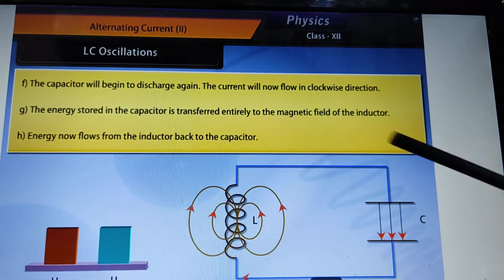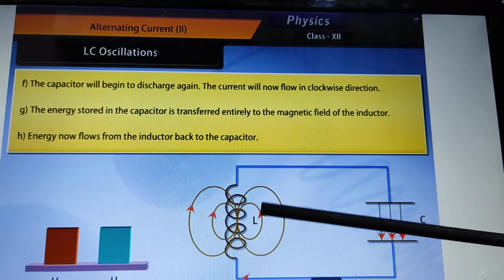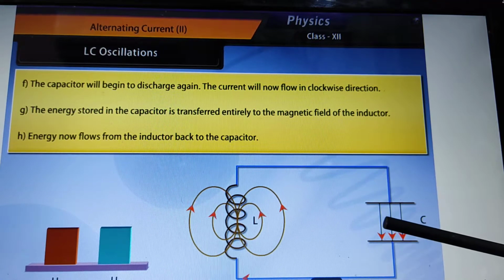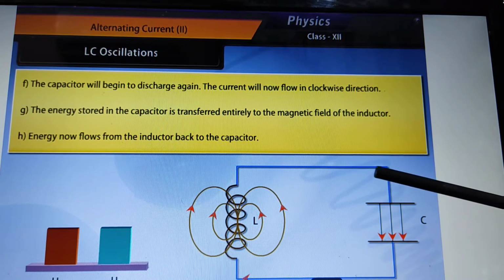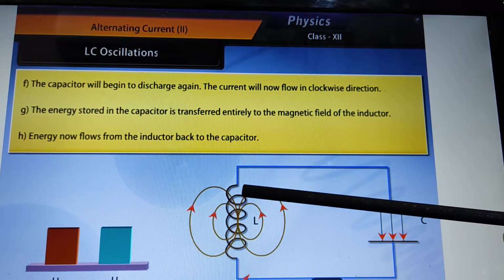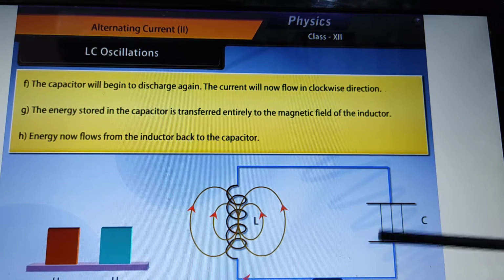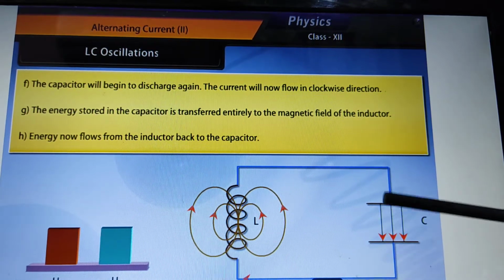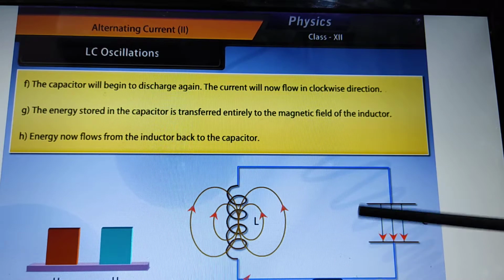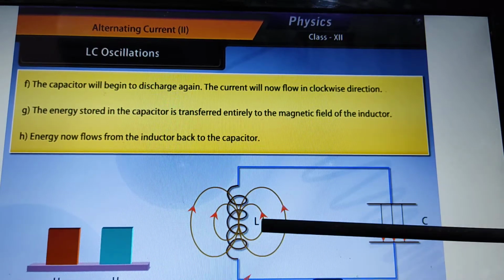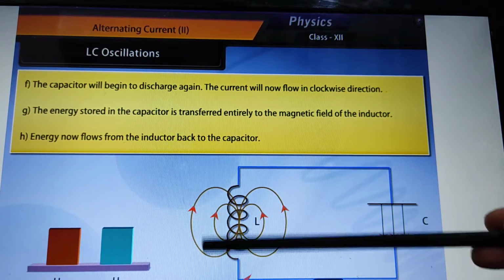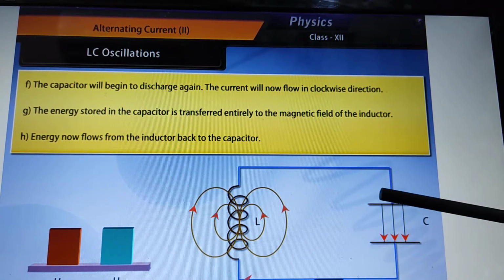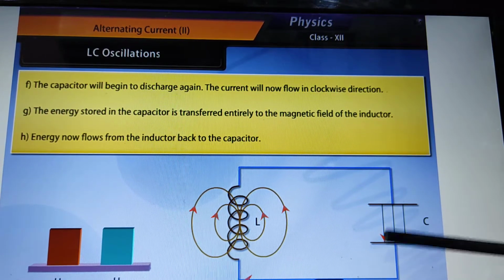Now again, the capacitor will begin to अब वापस इसके पास आपके पास कंडक्टर के पास चार्ज आ गया. अगेन जब इसके पास चार्ज आ जाएगा तो वो दोबारा से करंट आपका एंटी क्लॉकवाइज हो जाएगा. पूरी एनर्जी कैपेसिटर इंडक्टर को दे देगा, खुद जीरो पोटेंशियल पर आ जाएगा, जब जीरो एनर्जी पर आ जाएगा. अगेन इंडक्टर वापस इसको देगा एनर्जी और खुद वो ज़ीरो हो जाएगा. बट जब वो उसको वापस देगा, the charge on the plates gets reversed.